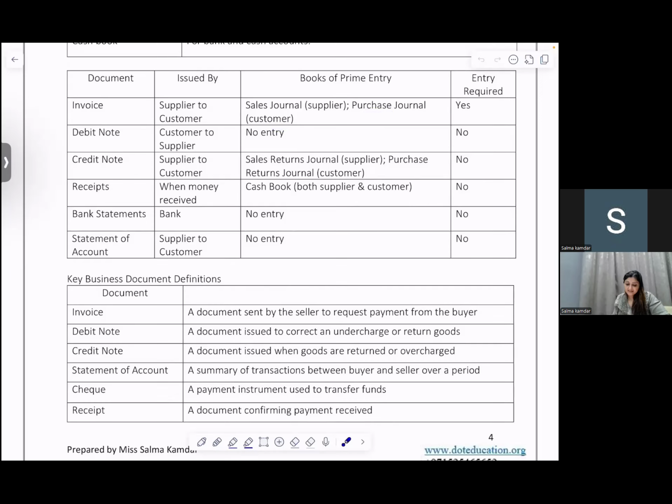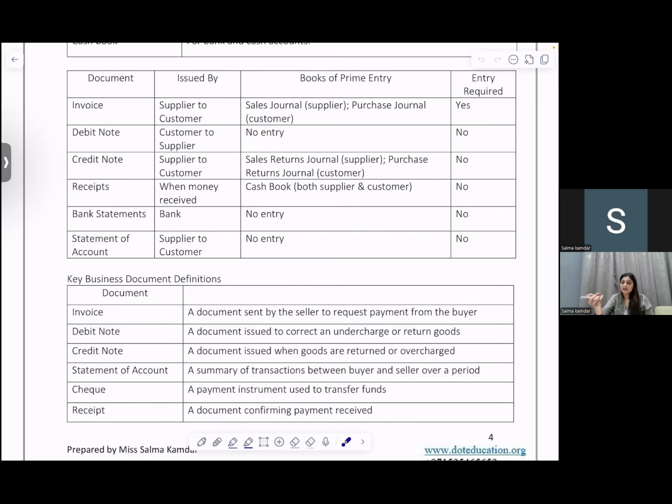There is an entry that is needed for invoice. Debit note. The person who has bought goods from us may have realized that he wants to return the goods. So he will tell us that he wants to return the goods, and he will give a requisite form, which is called the debit note. Unless and until I agree that you can return the goods, there is no entry that is to be passed in the books of accounts.